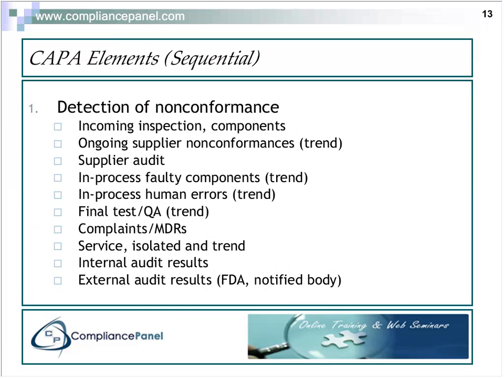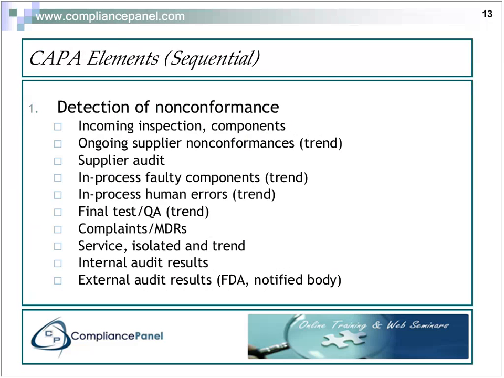Now that we've finished reviewing the requirements, what I'm presenting here for you is how CAPA is implemented, how each of the elements are incorporated into your quality system in a sequential manner. For the purposes of this presentation, I've grouped corrective and preventive action together. Well, the first element of a CAPA program is, of course, identifying the sources of nonconformances from which investigations and then your corrective or preventive actions can occur.